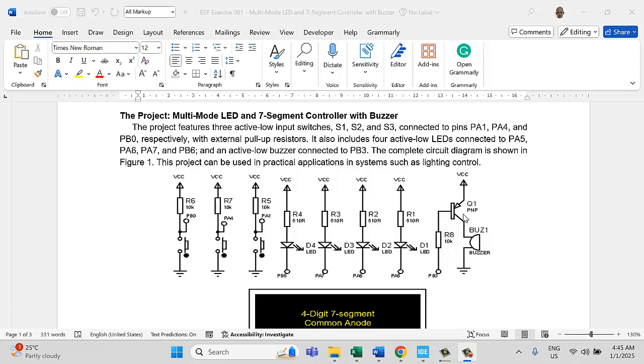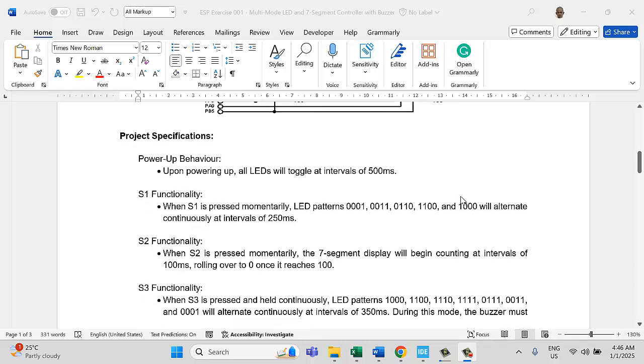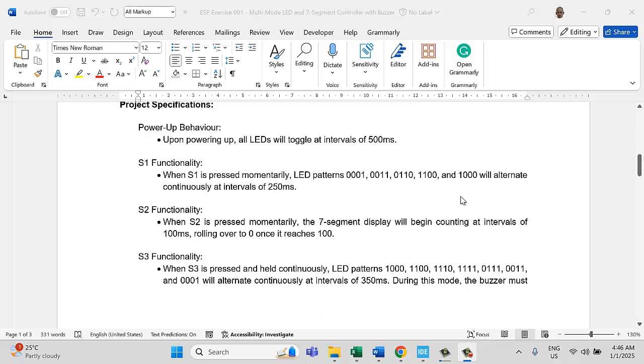Okay, in this video, I will show you how to write code for a multi-mode LED and 7-segment controller with buzzer. It uses the Arduino multifunction board, and the project specification is as follows: on power up, all LEDs will toggle at an interval of 500 milliseconds, and then if S1 is pressed,